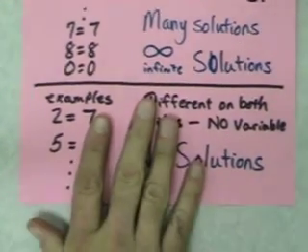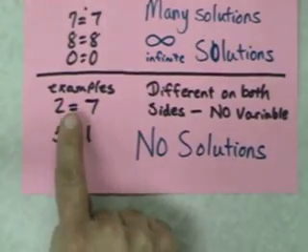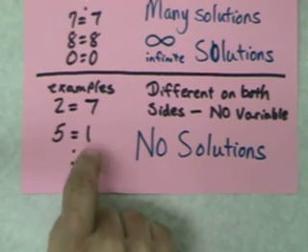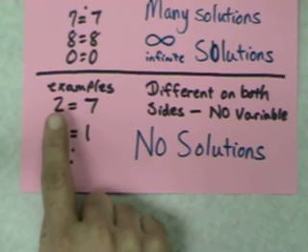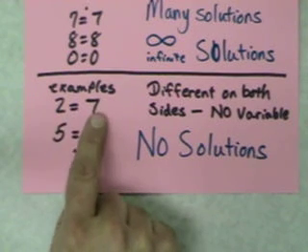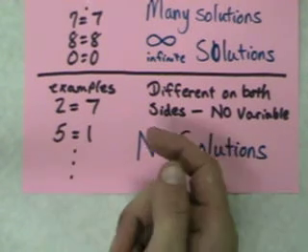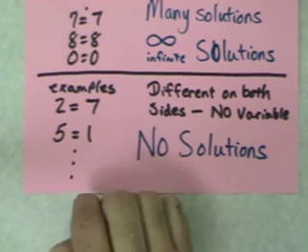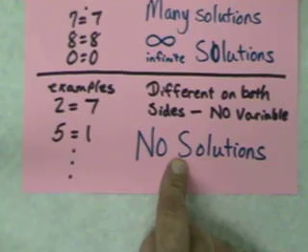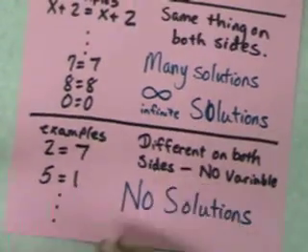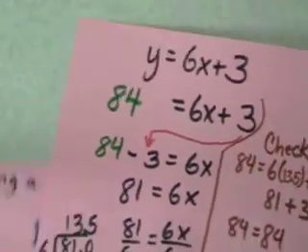We said we could also solve down and have our variable disappear. There's no x's in our solution here. And we will get different numbers sometimes: 2 equals 7, 5 equals 1. Well, those don't make sense, and that's one way that you know that it has no solutions. Now we need to be careful. If I have this,